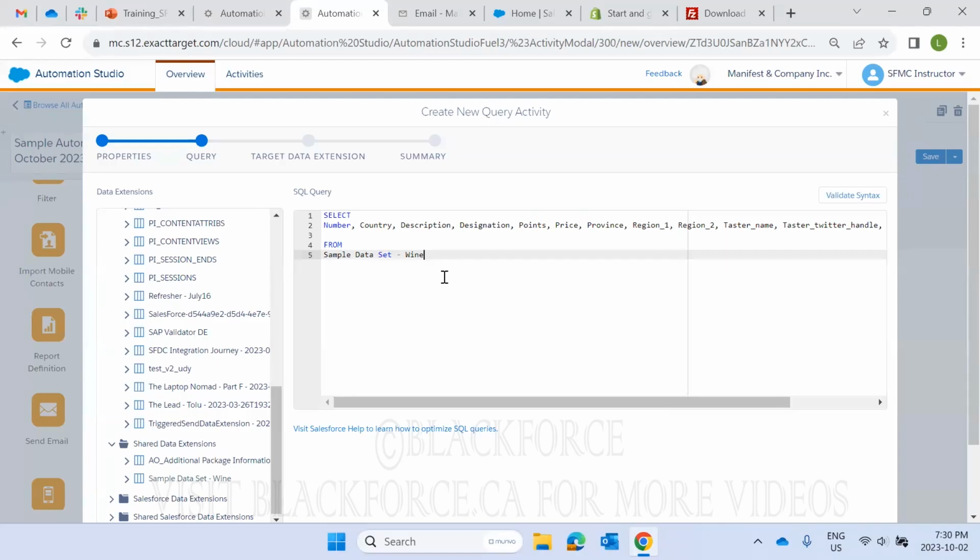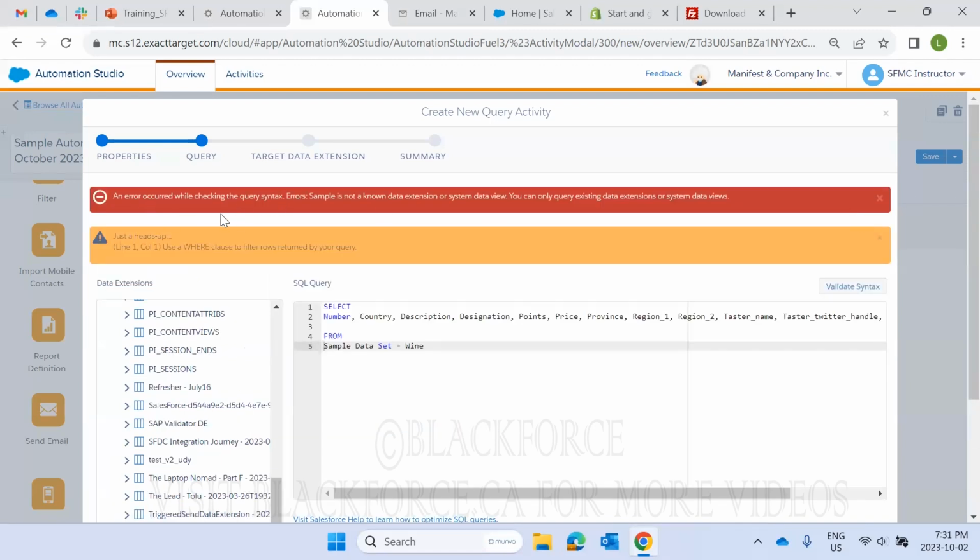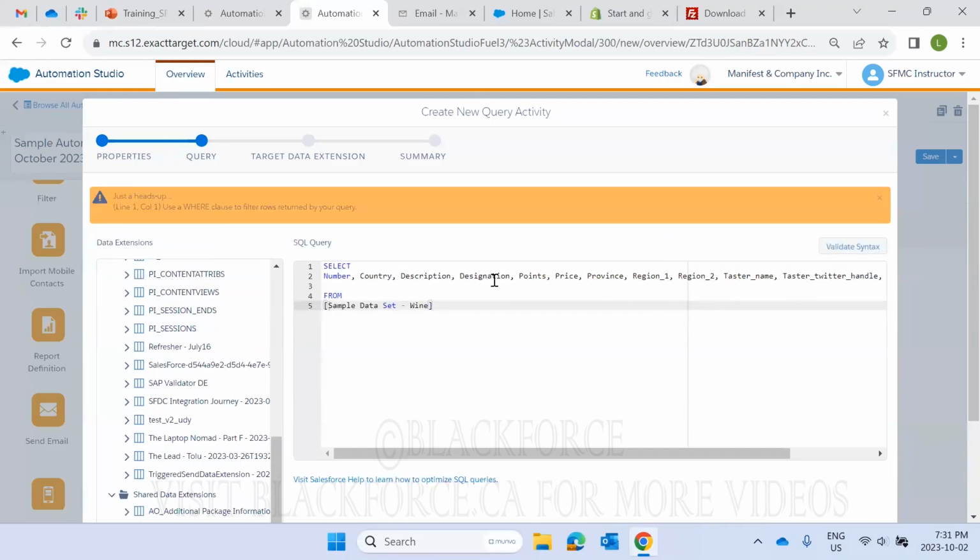So to get around that, you have to put these brackets in front and behind the name of your data extension, or else you're going to get an error message. For example, if I take out those square brackets and say validate, it's going to give me this error message, meaning it cannot find any data extension with that name. But if I put those square brackets back in there and validate again,